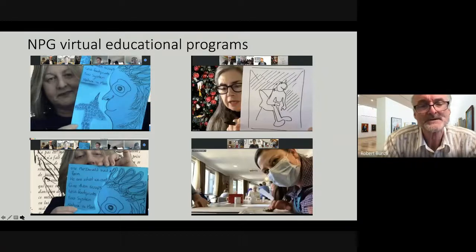But we also, as a portrait gallery, are able to deliver programs on Australian culture, Australian society, Indigenous society. We can align with the civics and citizenship curriculum using the 3,000 portraits of famous Australians within our collection.